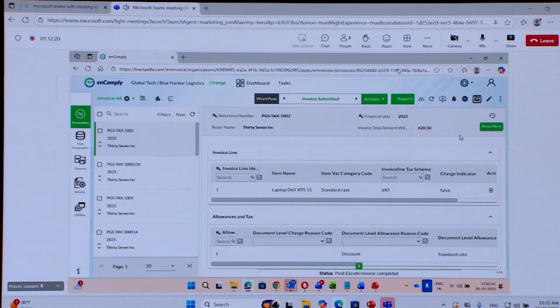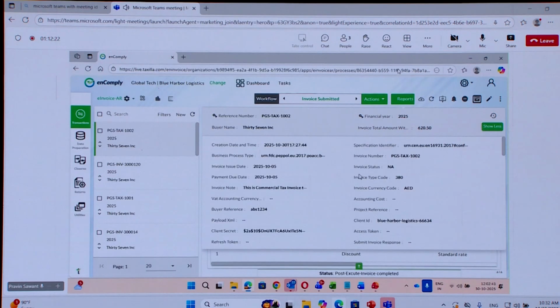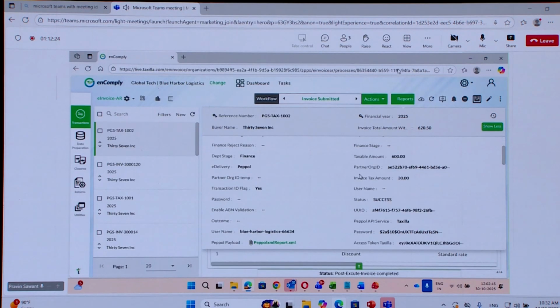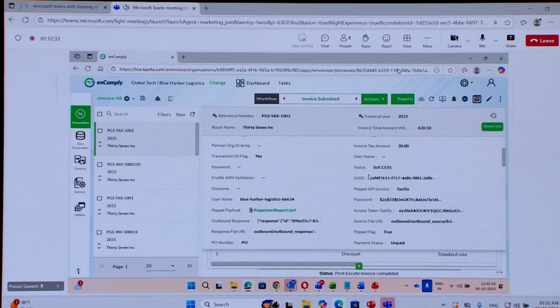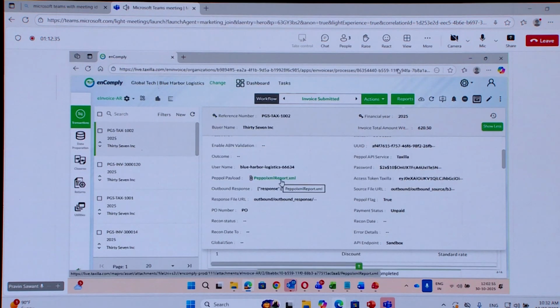Now, here I wanted to show you something, particularly the UUID. For each of the documents, I have to generate the UUID. You will see the success. This is the PINT AE or PINT OM XML format, which I have to report to the FTA or OTA